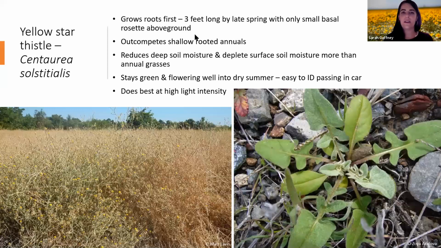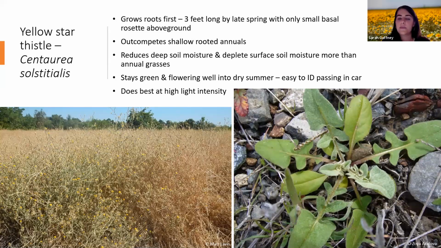As I had said, these are the later blooming species. So they germinate still at the same time as the common weeds that we see, but they focus mostly on growing their roots first. By late spring, their root system can be up to 3 feet long with only a small rosette above ground, like you can see in this right-hand photo. So it's pretty deceiving when you just think, oh, it's a small plant, it's fine, I can get rid of it. Well, it has a 3 feet root system already, so it's pretty hardy. And so because of that, they outcompete the shallow rooted annuals, because all of the naturalized annuals, their roots pretty much only stay in the top 30 centimeters of the soil. And so because they have deeper roots, they can get that deeper